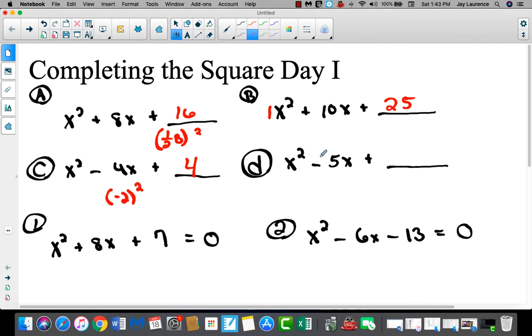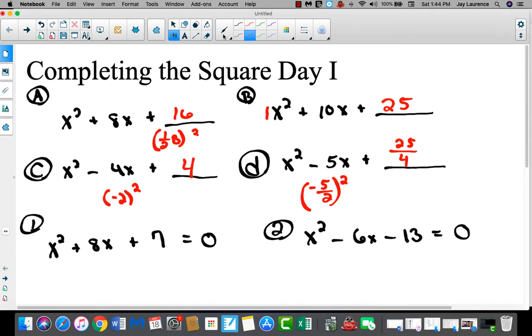Okay. How about D? What are you going to do in D? Well, some of you get so freaked out about fractions you want to run to decimals. I think you're foolish. Watch this. Negative 5 halves. I just took half of 5 right there. Now I'm going to square it. What's negative 5 times negative 5? It's 25. And what's 2 times 2? That's 4. And there you go. And it'll factor really easily. In fact, if you make note